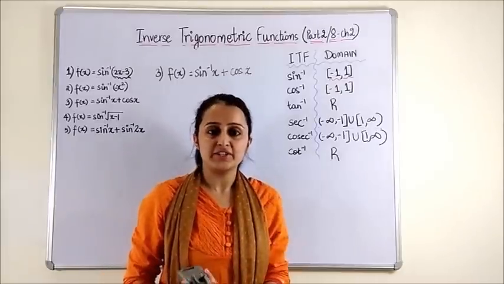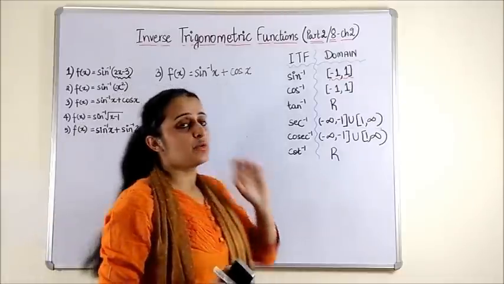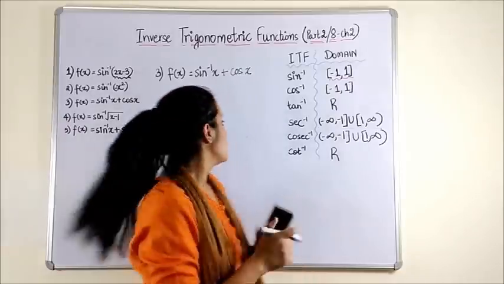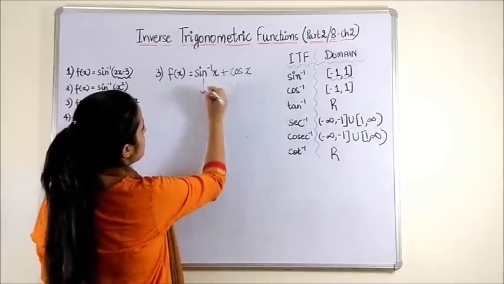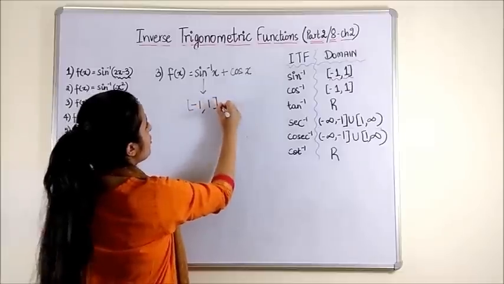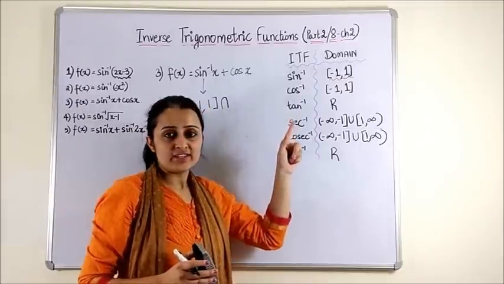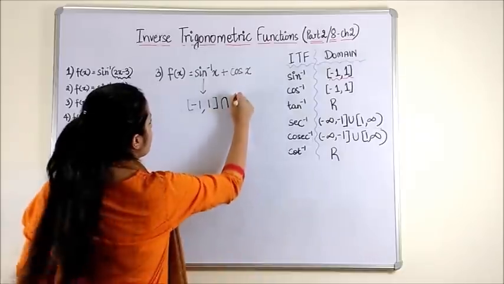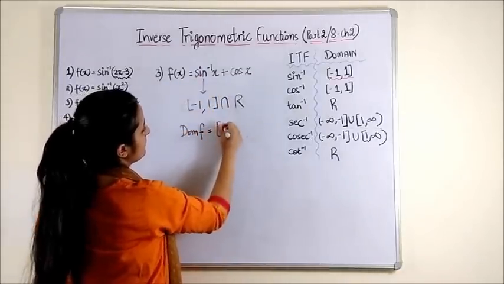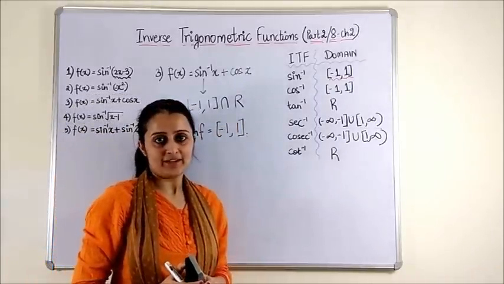Now, if you have a look at question number 3, it's a mixture of two different functions. In this case, what we generally do is the answer is always the intersection of the domains of the two. So if you all know, sine inverse x has the domain -1 to 1. Also, recalling the domain of the cos x function, it is all real numbers. Well, the answer is right in front of you. It is the closed interval -1 to 1.